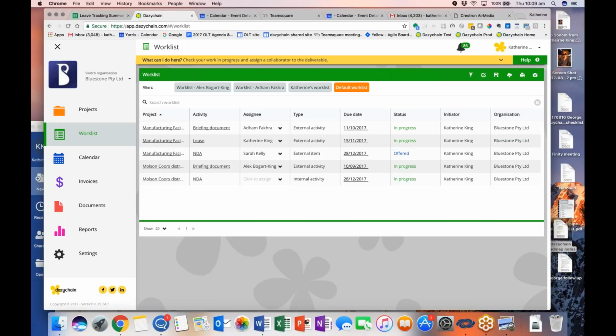But if somebody has not been invited to be a collaborator, then you can't see it and it's not on your work list. So you're collaborating on this project, that's why you can see it and that's why you can change it, because you've been invited. And if you haven't been invited,